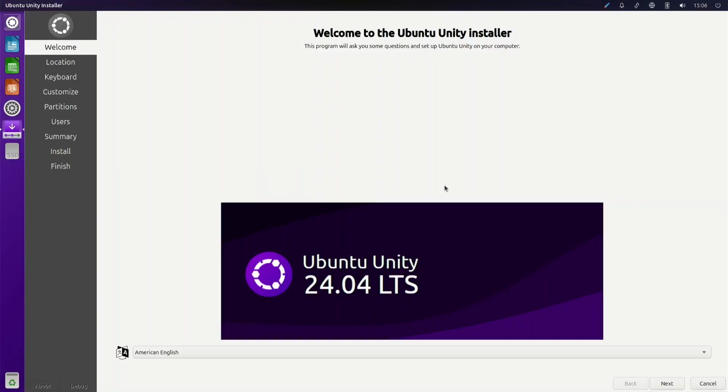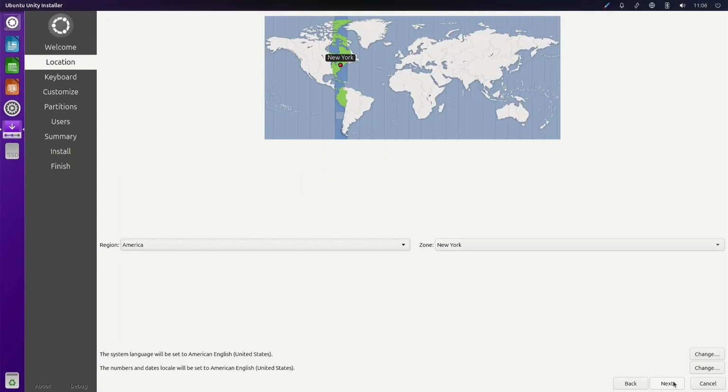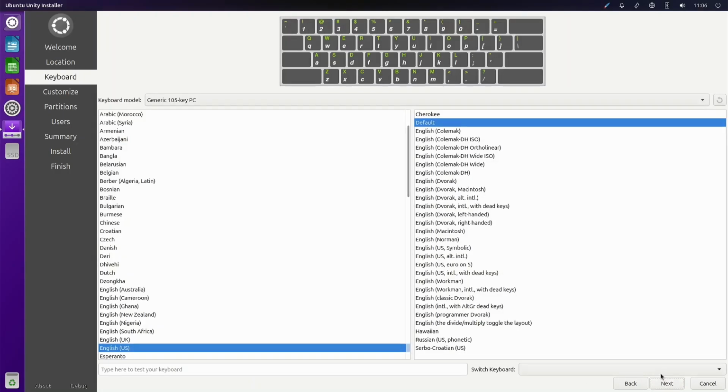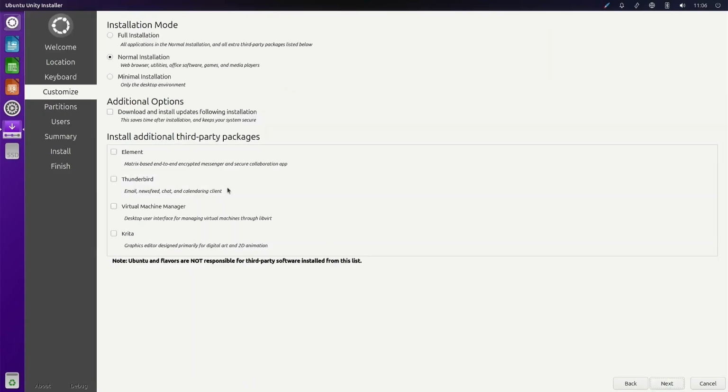Ubuntu Unity actually uses the Calamares installer instead of Ubiquity, or whatever the new installer they have out now is. Calamares is just a different installer, and we'll go ahead and go through it. I think we've seen this before. I forget what we saw it on. Full installation.